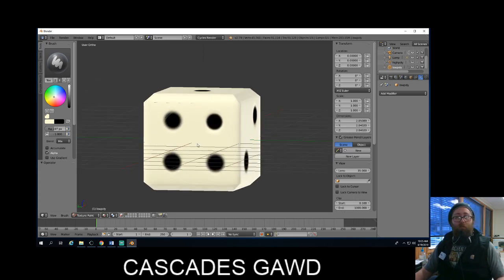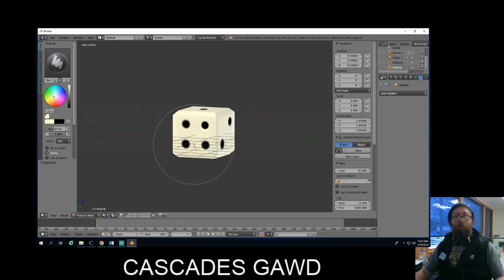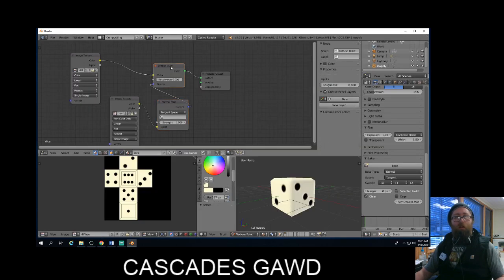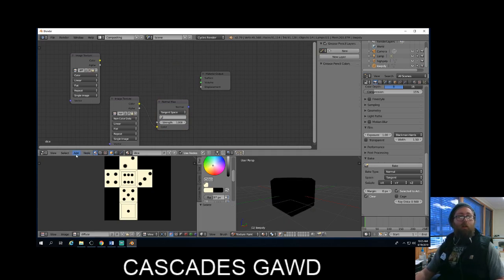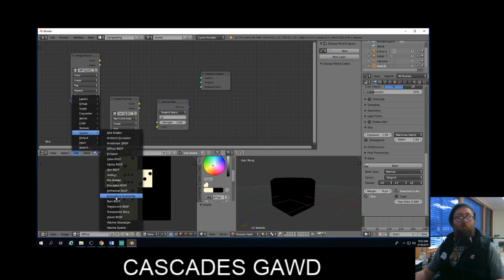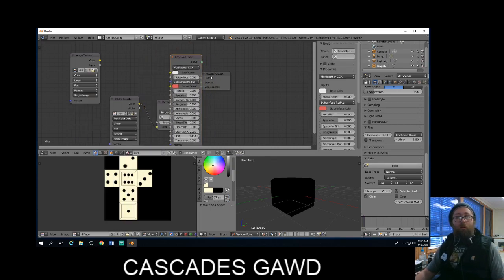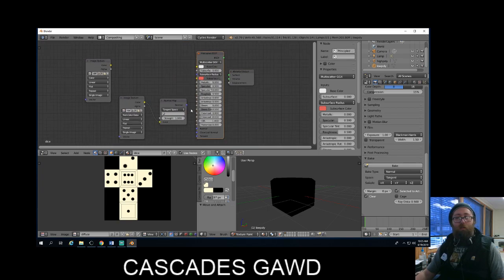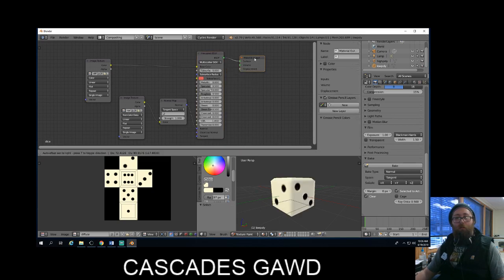So I'm looking at my object, and the next step would be probably changing the shader type, because right now the shader is a diffuse BSDF, and that's okay, but I want to add a principled shader, because then we get the correct Fresnel on the object, which just makes it look a lot more realistic. And the Fresnel is just the reflectivity on the edges of our objects, where the light glances, it just gets shinier. So I'm going to add that to that, and that to that, and then this to this. And there's our low poly